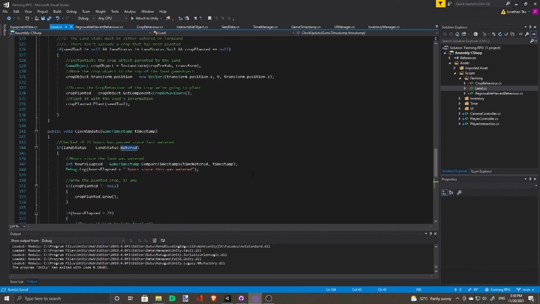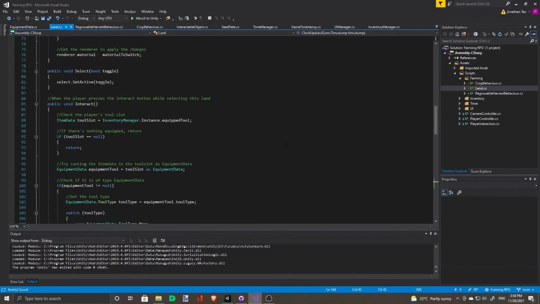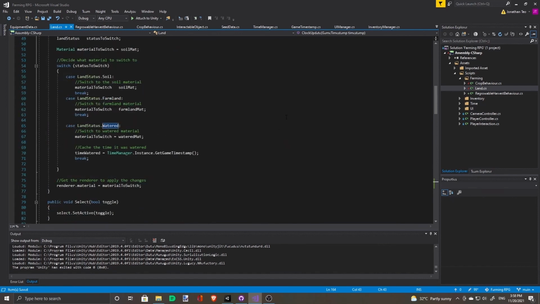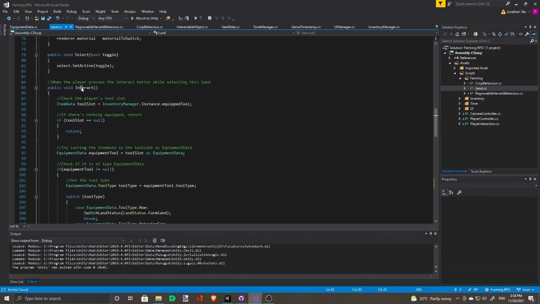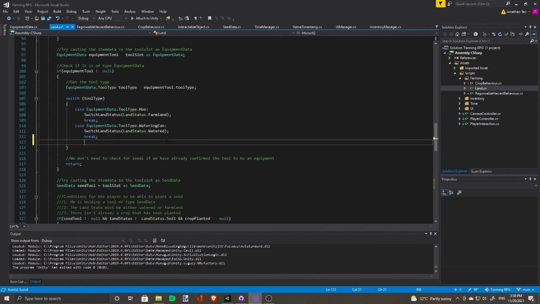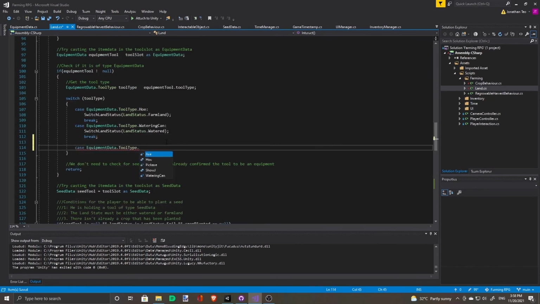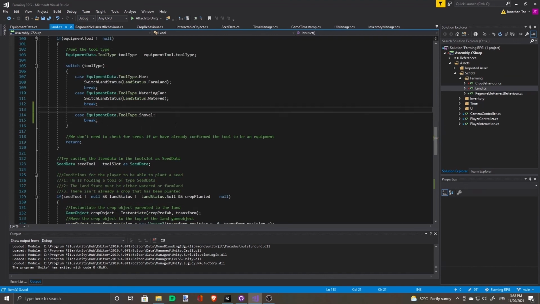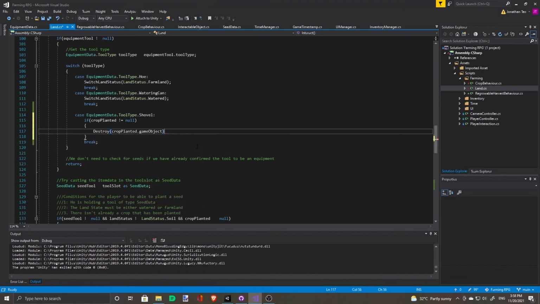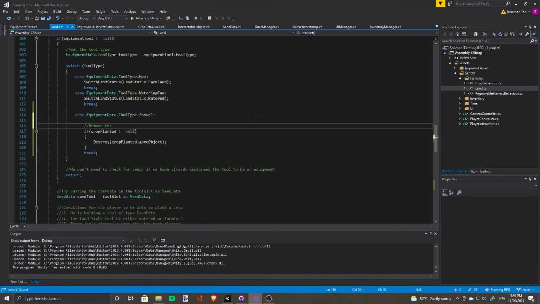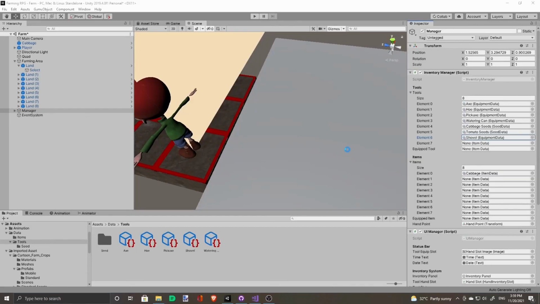And under the land, we have to create a way for the player to remove the plants. So let's go to the interact function. For the shovel to remove the crop, just destroy the game object.